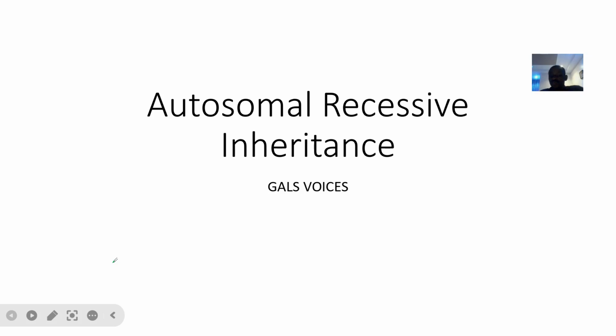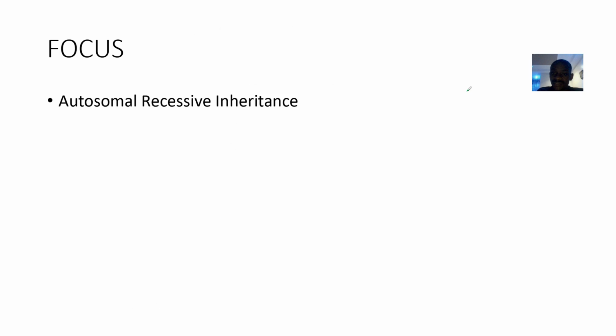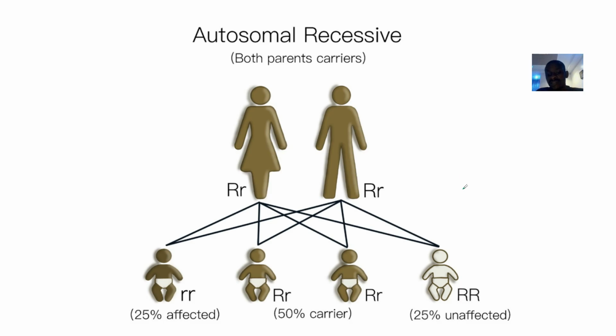Okay, so for me, I just want to hammer on the word recessive. When you say something is recessive, the opposite of recessive is what? Dominance. Dominance means you have so much power that you can stand alone. Do you understand? Recessive means that you don't really have so much power. For you to stand out, you must be with somebody that is like you, so that you will join forces. Do you understand? So autosomal recessive just simply means